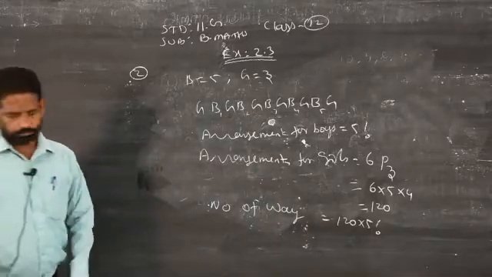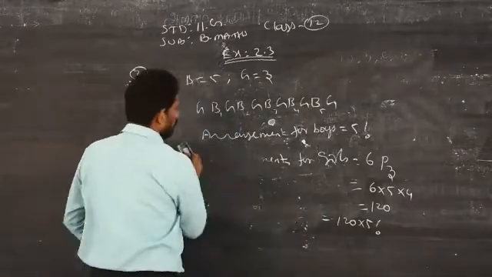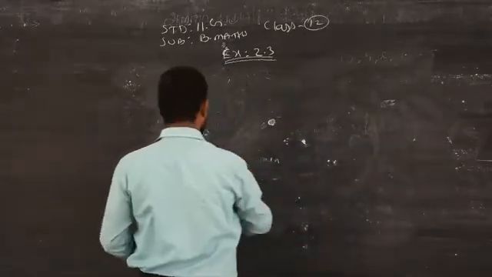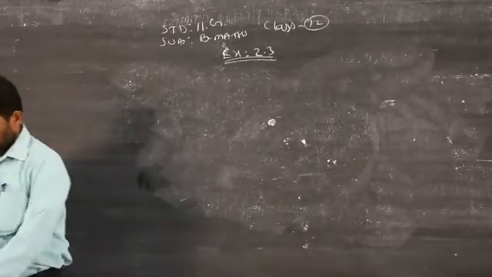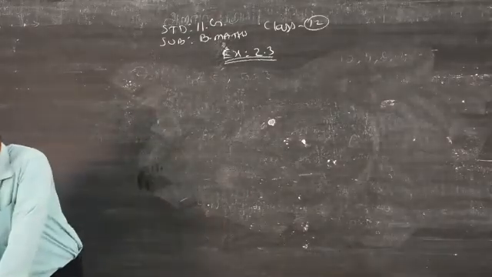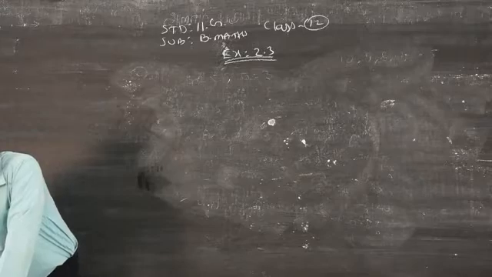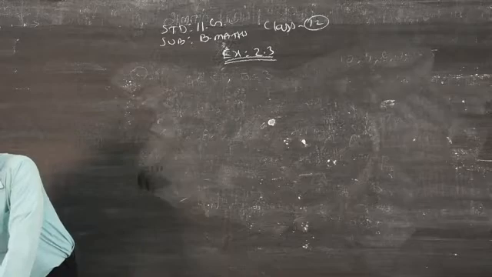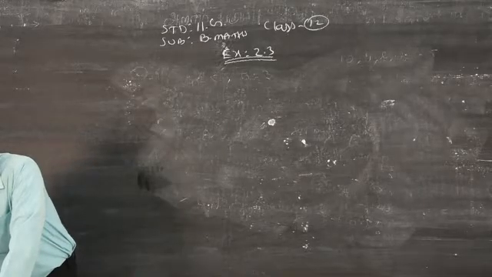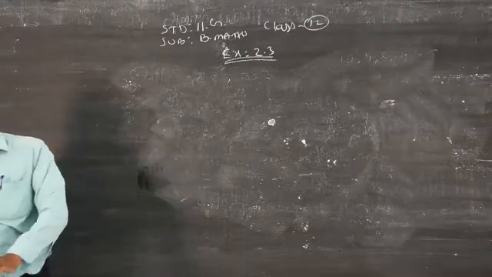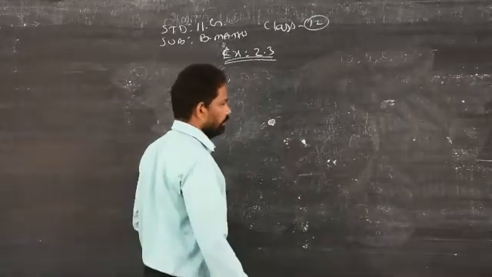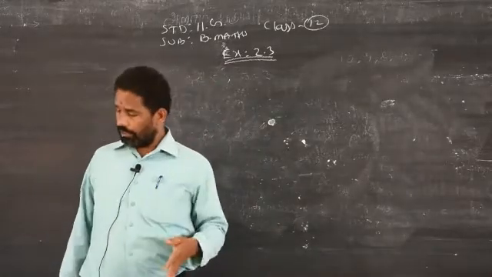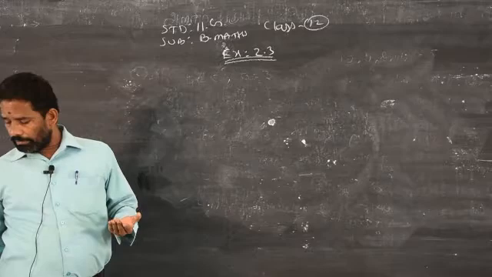Now question number 3. I read out question number 3. How many 6-digit telephone numbers can be constructed with the digits 0 to 9 if each number starts with 35, and no digit appears more than once? We saw the same problem in exercise 2.2. There it was 5-digit numbers starting from 65, and here it is 6-digit numbers starting from 35.